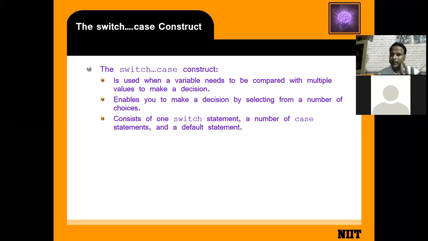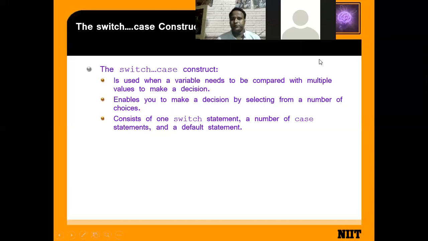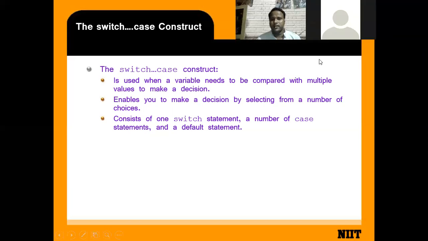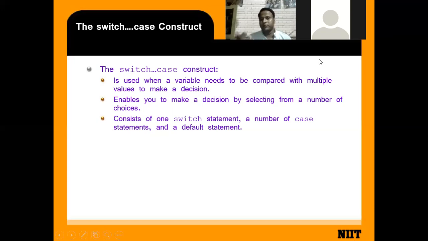So you have to take some value and check it against multiple conditions. If your value matches any case, then it is true. The value that you have taken will match with every case statement. If that value is not matched, then there is a default statement in the switch case that will execute. If no condition matches, it moves to the default part.